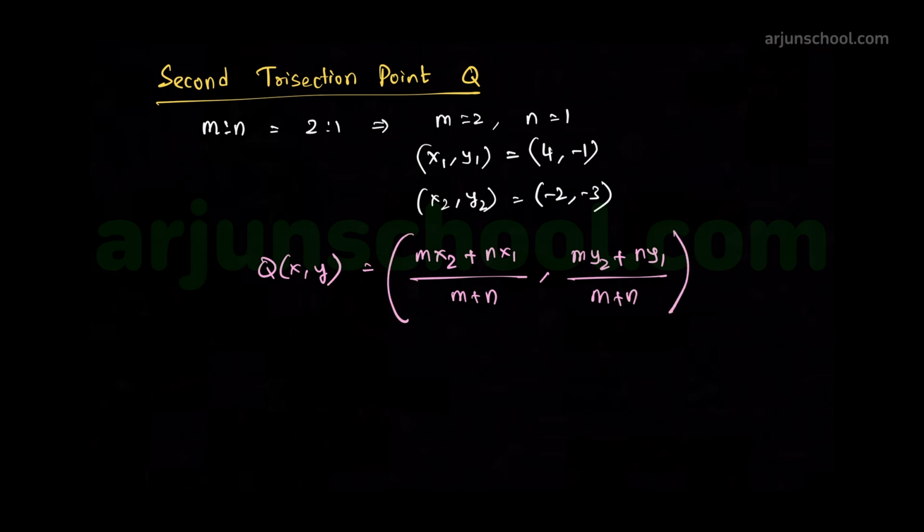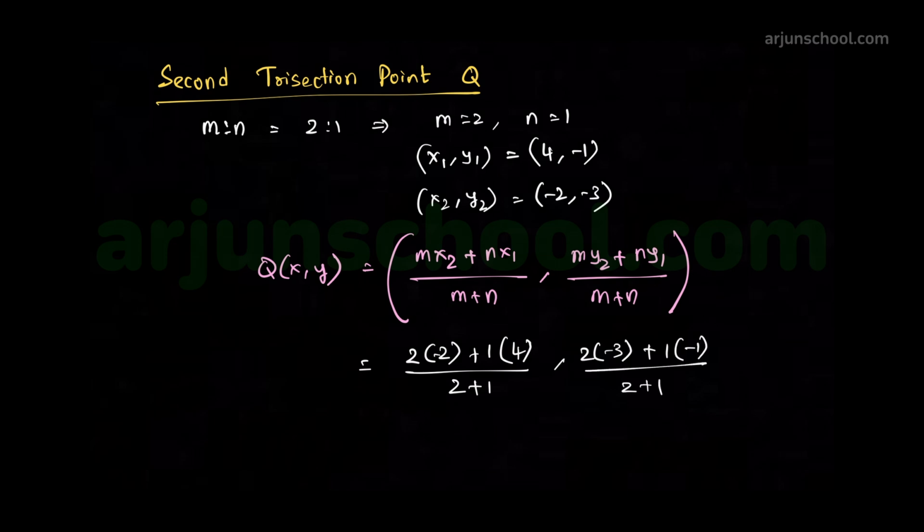Let us substitute the values in this formula. (x, y) is equal to m is 2 of x2 is -2, plus n is 1 of x1 is 4, by m is 2 plus n is 1. m is 2 of y2 is -3, plus n is 1 of y1 is -1, by m is 2 plus n is 1, which is equal to